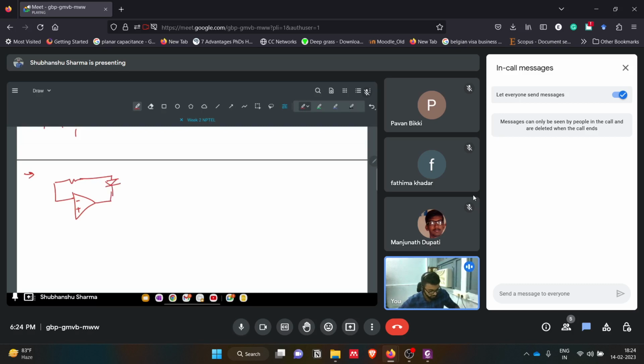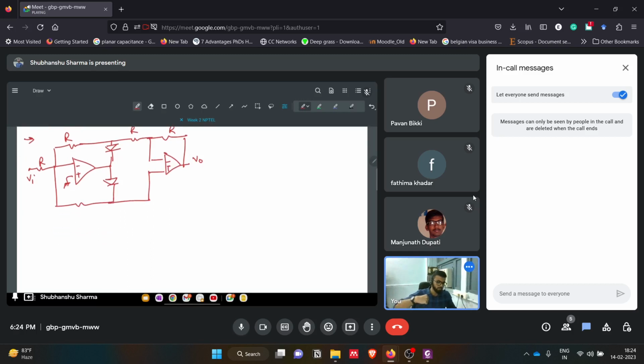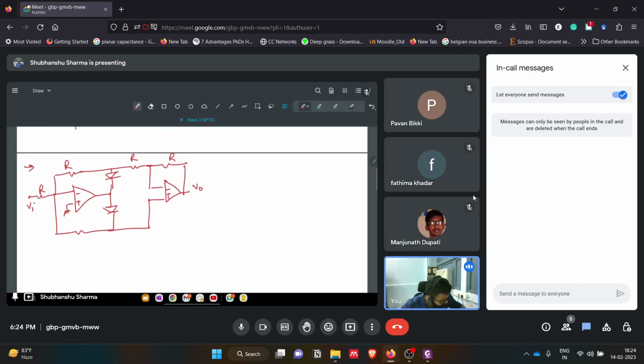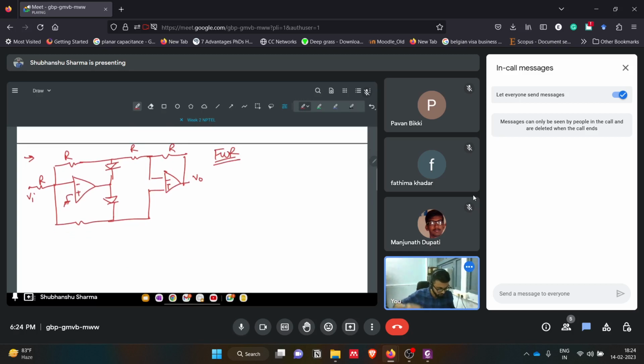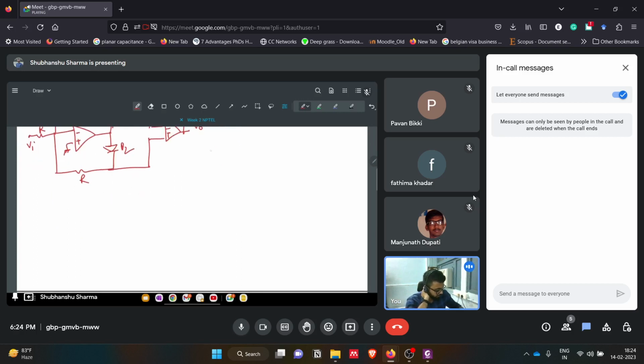Let's say we make this configuration. This is grounded. This is V input, R, R, this is R, and we put one op amp here like this. This is V naught, and this is also there. I will tell you the working of this, how this will act as a full wave rectifier. This will be D1, D2. Let's say we gave an input like this,